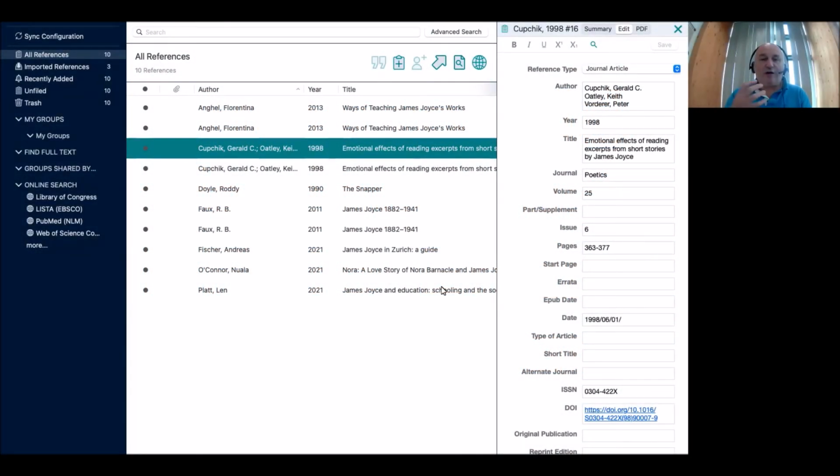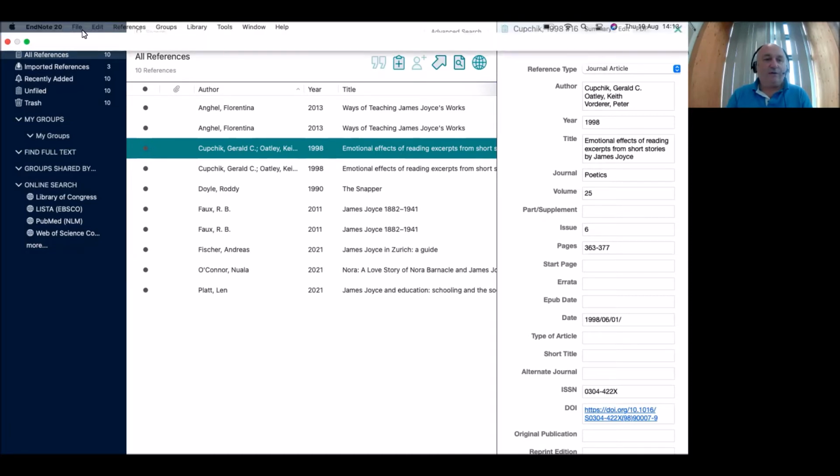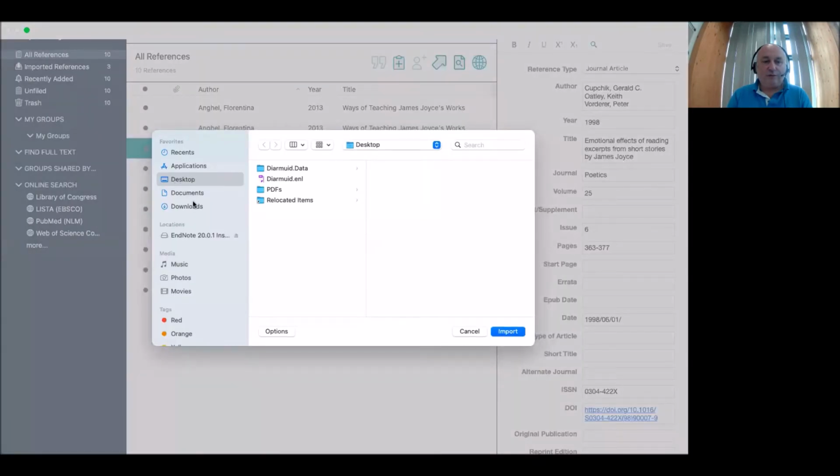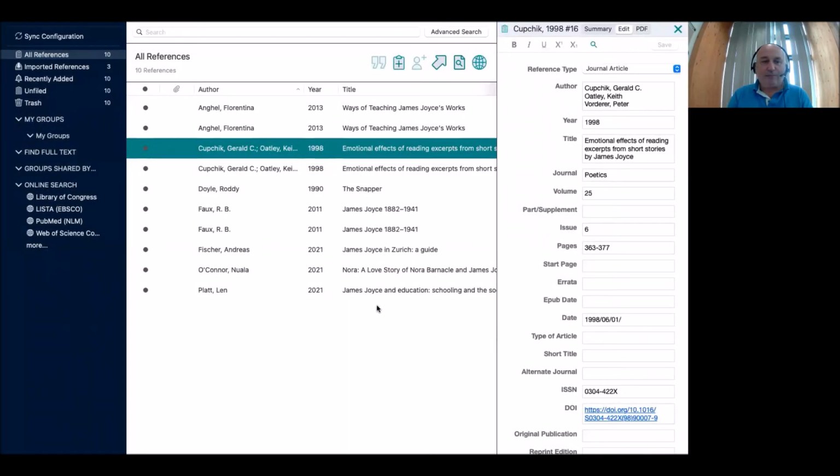So we've shown you how you can add references manually, and we've shown you how you can use online sources to bring references in. We have one last way to show you, and this is how to use PDFs to build up your library. So before you do this, make sure you gather all your PDFs into a folder or a folder with subfolders, and then go to File, Import, find where you saved that PDF folder. In my case, it's on the desktop. Select the folder, click Import,